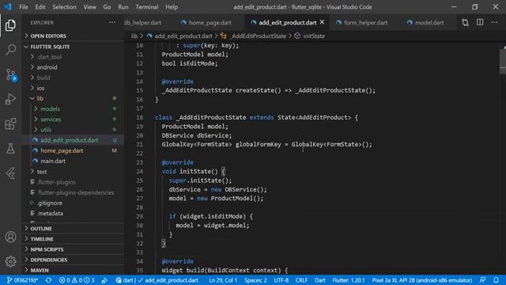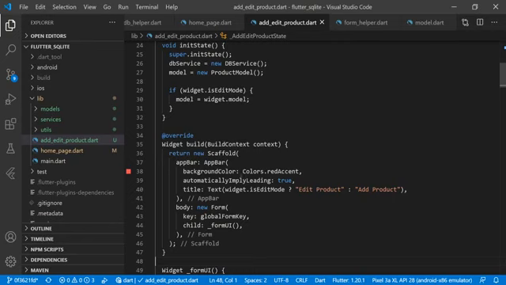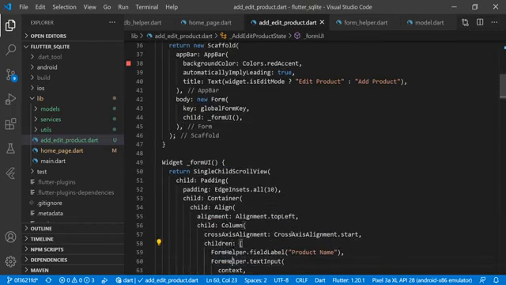and here we are just checking if the widget is containing isEditMode, yes or no. If we are in edit mode, we are just passing our model we are sending from our data table. Then we have our build widget, and there we are having AppBar. Then we have a body. In the body we are just passing the Form widget, and in the key we are passing that key which we have created. In the child we have created a formUI, and in that formUI